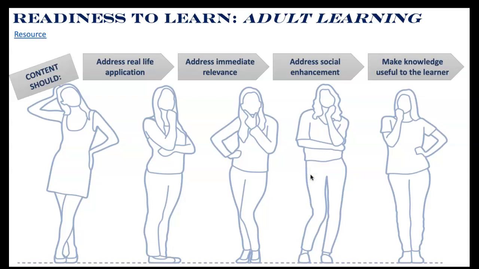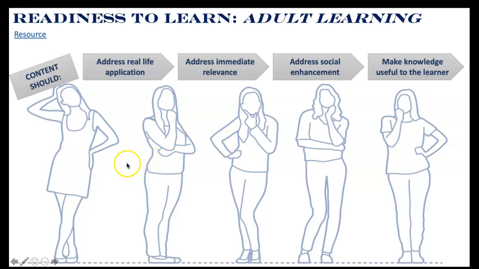Readiness to learn. Adult learners have already committed to learning, but they most certainly have gone through a thinking process very similar to the body language of the female silhouettes. I originally had the female silhouette in red, and it was brought to my attention that red can have a negative tone. It was a friendly reminder that visuals have a huge impact on your educational tone, so I changed them to blue.